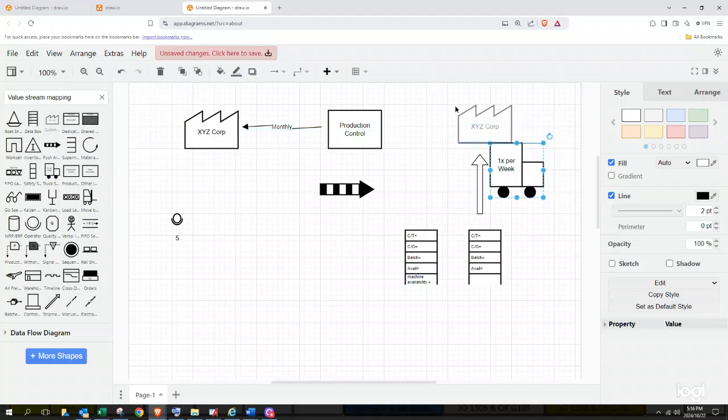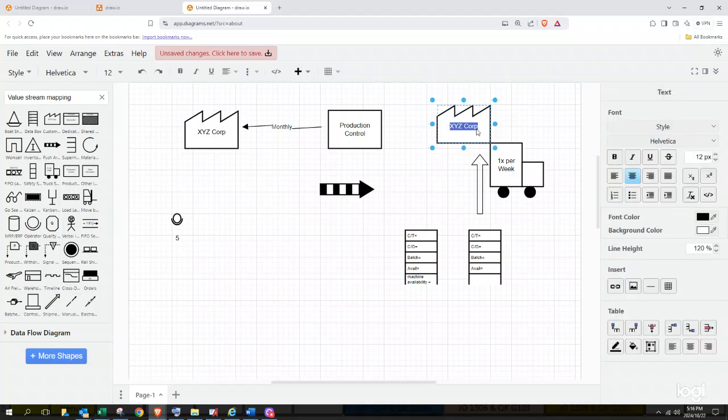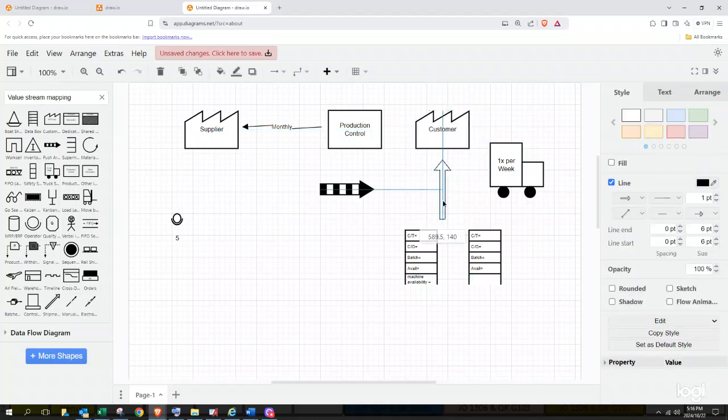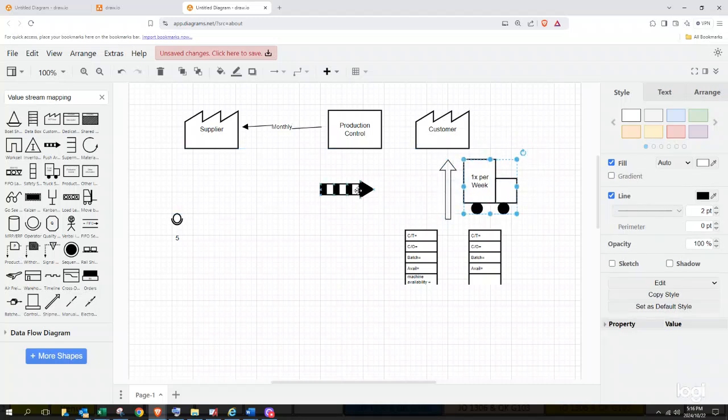So this symbol can also be used to symbolize the customer or the supplier, right? So here we can say this is the customer, and then this is the supplier, and then this is the department of our company to our supplier, right? Then you can just align it nicely like that, and so forth,